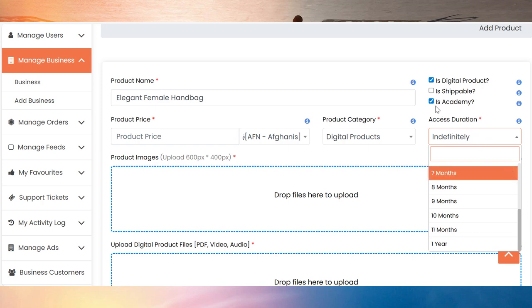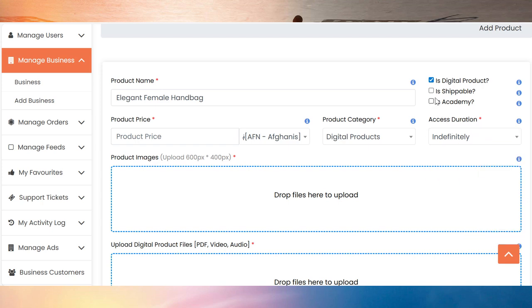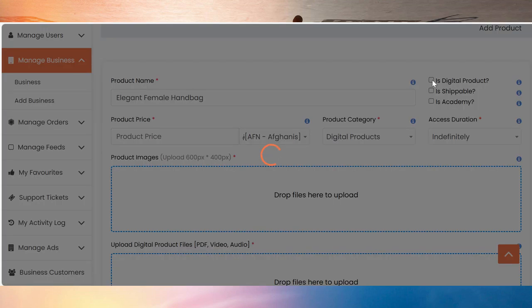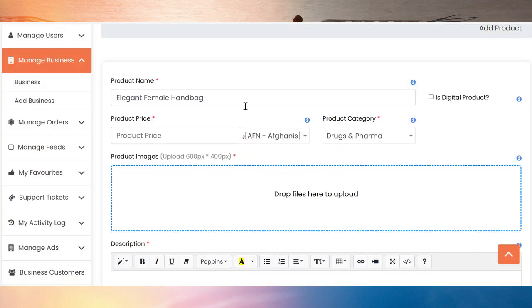That's for that. But in this case, we are not building a digital product, so you don't need to select these ones, right? And additionally, this training that I'm handling for you, I actually did it through this digital product.